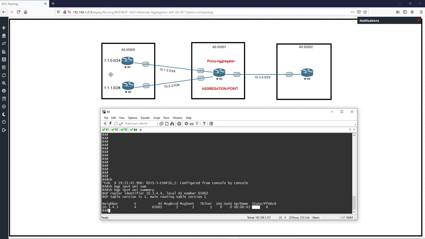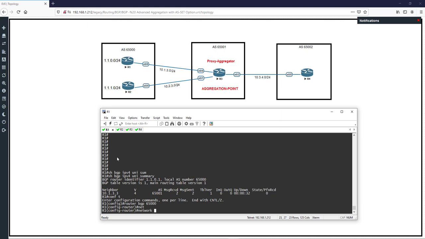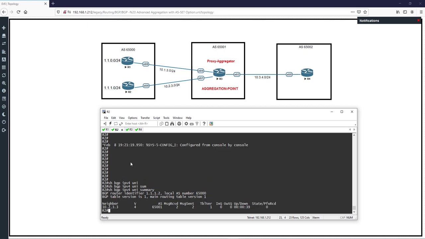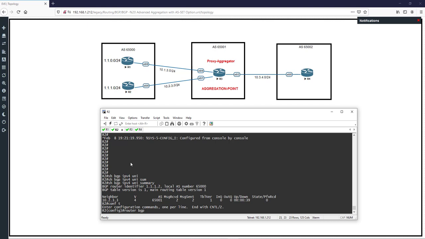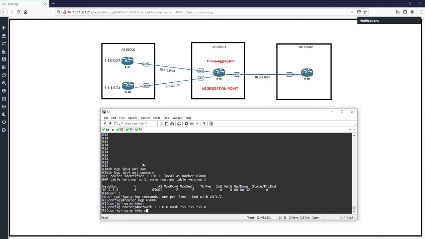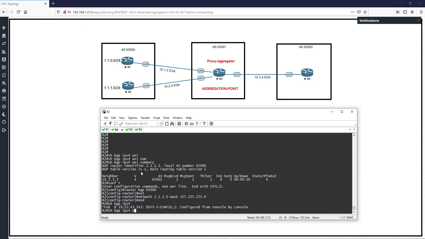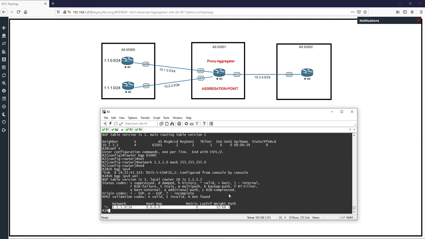Very good. Let's inject the R1 and R2 routes into their BGP tables. Conf t in router R1, router BGP 65000. Please inject with the network command: network 11.0.0.0 with the mask of 255.255.255.0, and then go to R2, conf t, router BGP 65000. Please inject network 11.1.0.0 with the mask 255.255.255.0. Now in R1, show bgp ipv4 unicast shows us that we have one injected route, and also in R2, show bgp ipv4 unicast, we have one injected route, and also R1 and R2